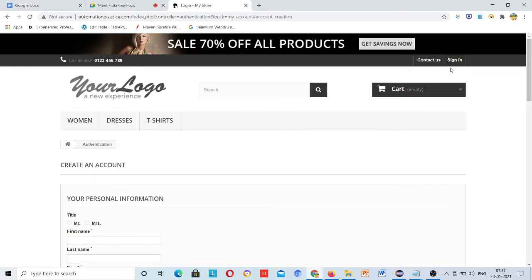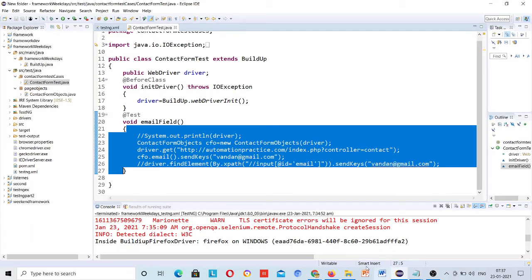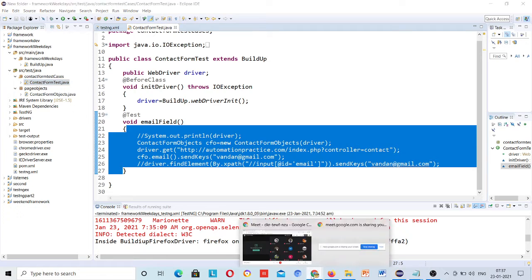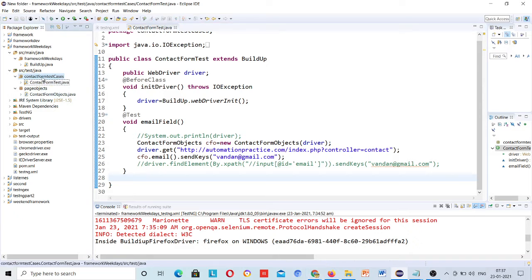So these will be separate modules, and for separate modules you have to create separate packages so that anyone coming after you in your project can understand what you have done and what the workflow is. This is how we should work, because if I have to test the contact form, I will look for contact form test cases, and here I will start testing it.